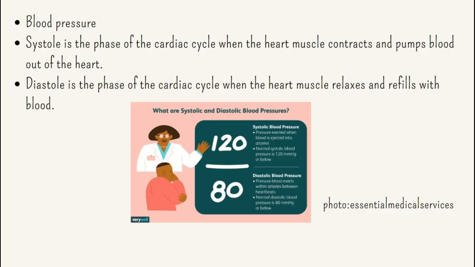Systole and the diastole: the big top number is systole, and the bottom number is diastole, which is usually a smaller number. 120 over 80 would be a regular blood pressure for a relatively healthy human being. So if you see the systole number is like 140, 150, then you say the person has high blood pressure. And yeah, so basically that's